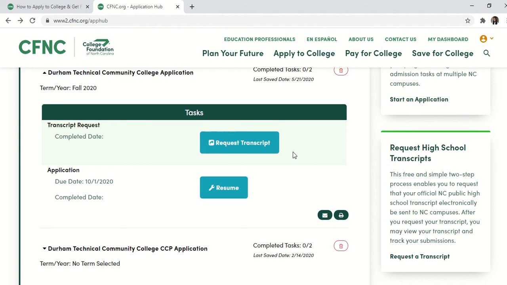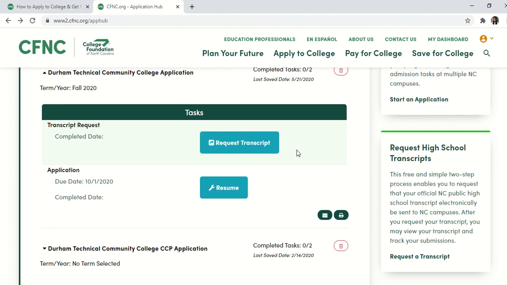Now, some schools have these application portals that show what you still need to do, what they haven't received yet, and I have a lot of students who are on the application portals and they're seeing that their transcript wasn't received yet, even though they did send it. Now, in this case, if you saw that the transcript was downloaded, but in your school's application portal, it said that it wasn't received yet,